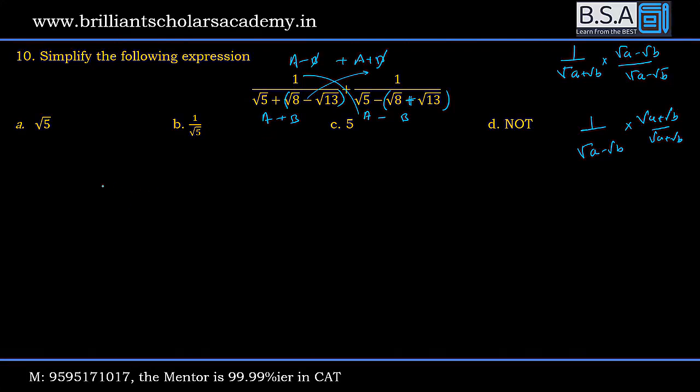व्हाट इज a हियर? a इज रूट ओवर 5 और नीचे क्या आ जाएगा? a स्क्वायर माइनस बी स्क्वायर, इसका स्क्वायर 5, इसका 5 माइनस मेरे पास आ जाएगा यहाँ पे। अच्छा, ये प्लस माइनस भी कैसे होगा बेटा? साइंस आर डिफरेंट, साइंस आर डिफरेंट।